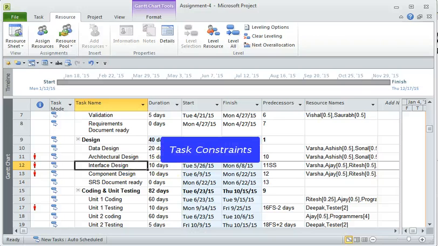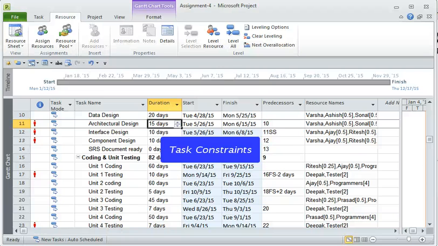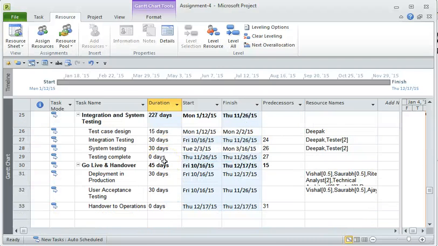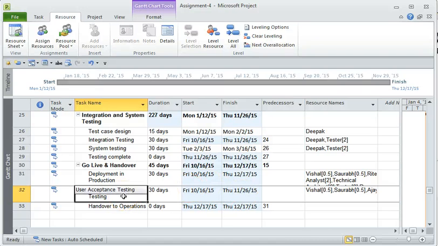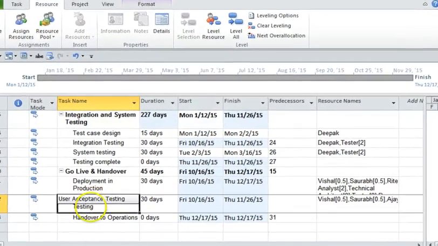The final thing in today's tutorial is how to add constraints to a particular task. Now, the example I'm going to take here is, for instance, let's say that the user acceptance testing, which as it appears today, currently starts on the 26th of November. And let's assume that you cannot really start the acceptance testing before the 1st of December of 2015. So what I'm going to do is add a constraint of start no earlier than, and how to do that is